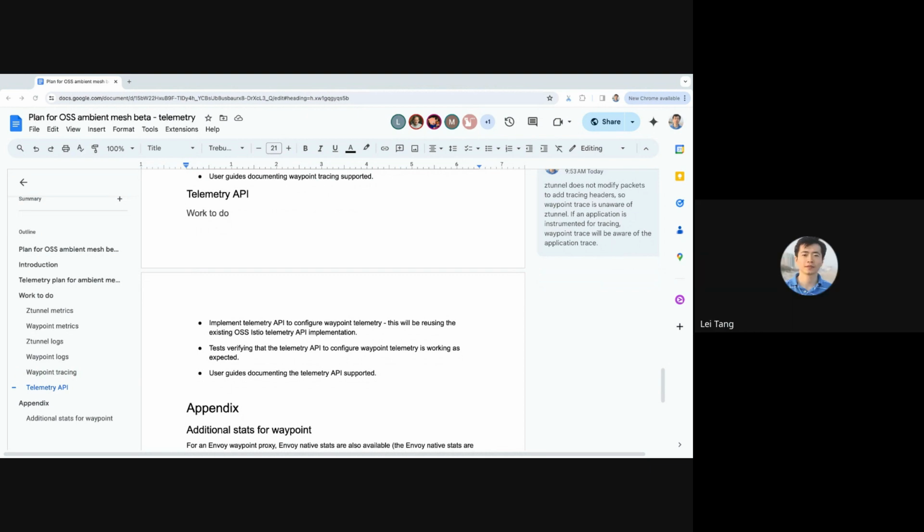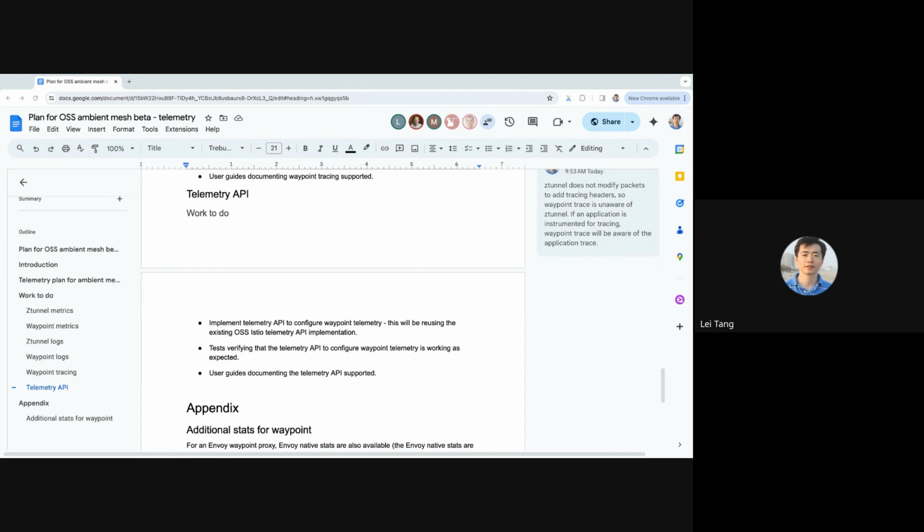Sanjeev, you added a question: are metrics indexed by source and destination identities, or identity plus protocol type plus port? Metrics have labels. Port is not part of the metric label.